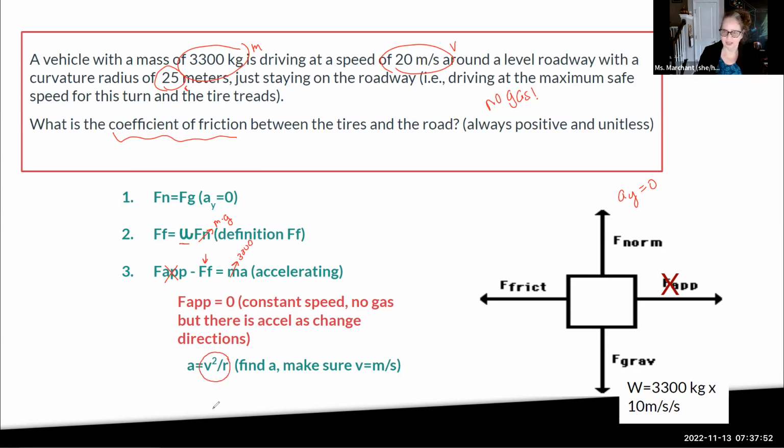So you're finding acceleration, even if it says a constant speed, because we're going around on a circle. For that one, you're going to take 20 squared divided by 25. That's going to give you your acceleration. Then you're going to plug your acceleration into that part. So now what do we have? The force of friction. And then you can plug that force of friction up into your top equation there to